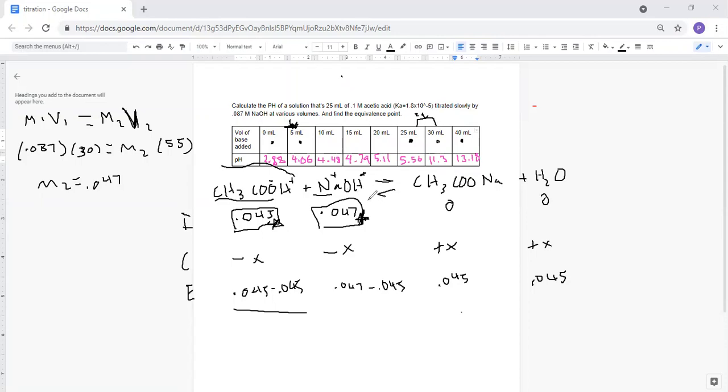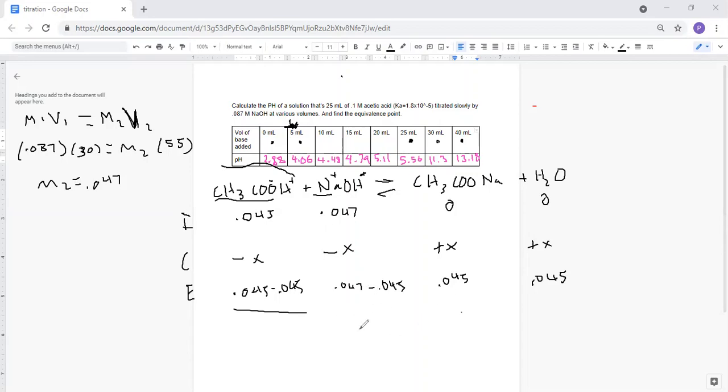Because we have surpassed the thing that we were titrating, our acid, now we have more of the thing that we were titrating it with. So we have more of the base. Now we're past our equivalence point, so we don't use the Henderson equation anymore. We can just go ahead and use